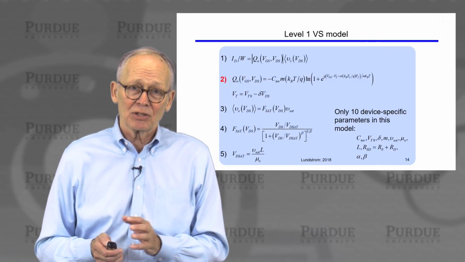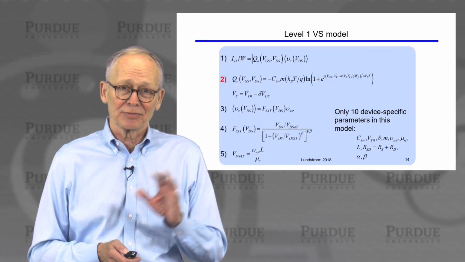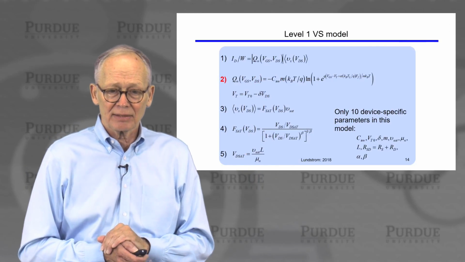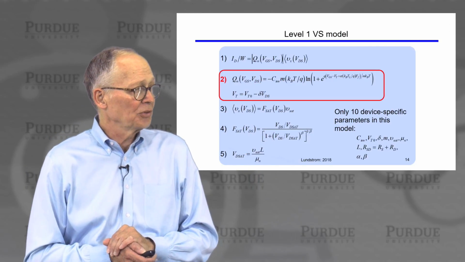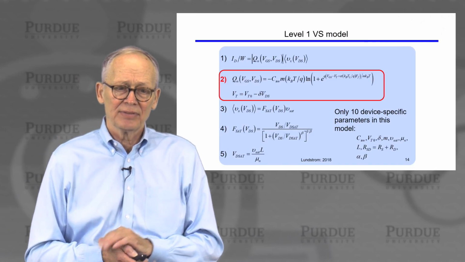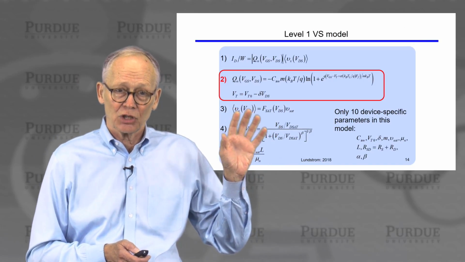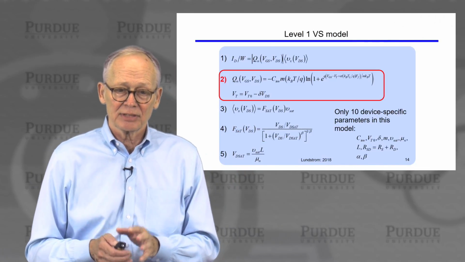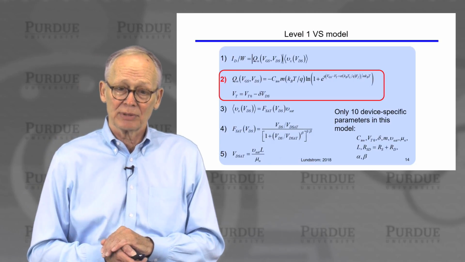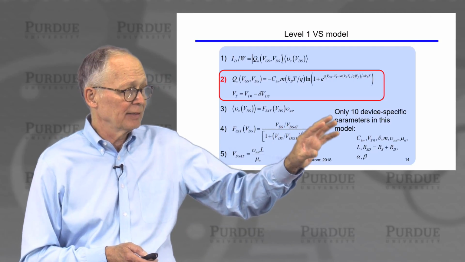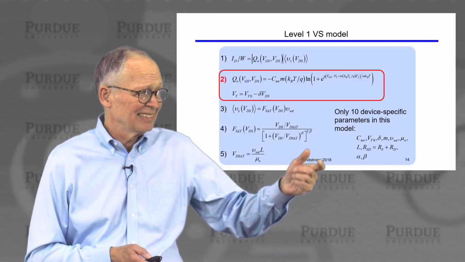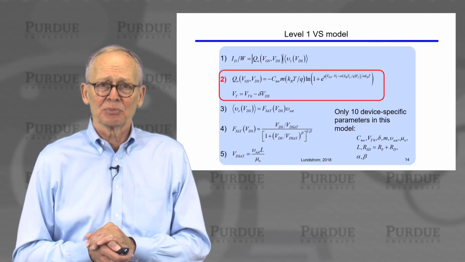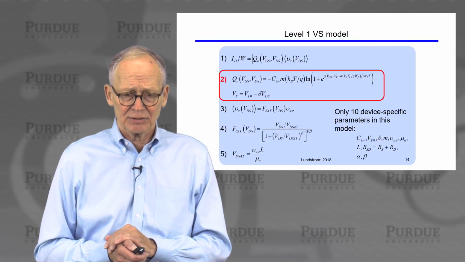So now we have what I would call a level 1 virtual source model. The first version I called the level 2 virtual source model. The difference in the level 1 model is that it has a more sophisticated treatment of the charge versus gate voltage expression, so that we can use this model to compute the IV characteristics both above threshold and below threshold. We have the same set of very physical parameters in the model. Now we have one more empirical parameter. So it's still a relatively small number of parameters, most of which have strong physical meaning.